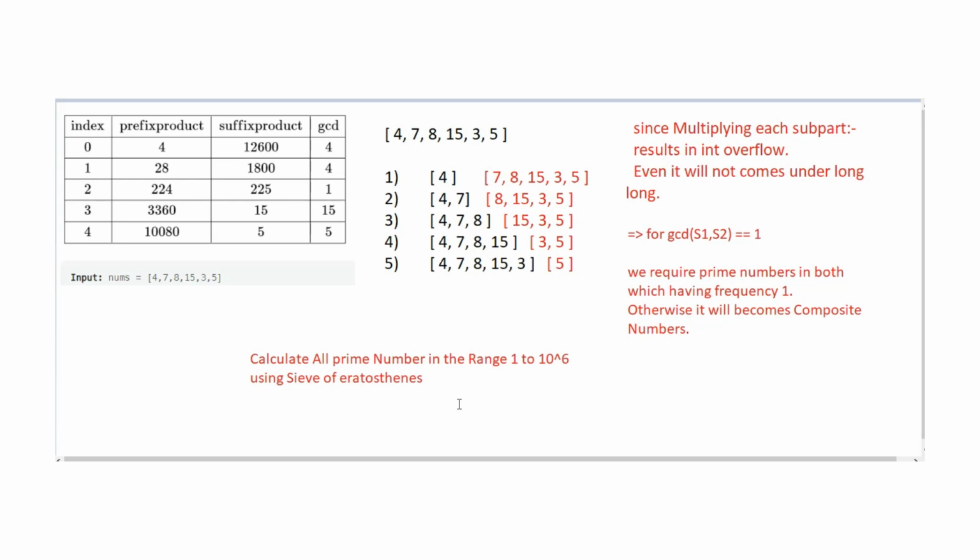So here you can create a map. For every subpart, for the first number you will check whether that number is prime or not. If it is prime, then simply increment that number in the prime map. You will check in the sieve function whether that particular value is true or false. Sieve of Eratosthenes is used to calculate prime numbers, so you can easily use this function.